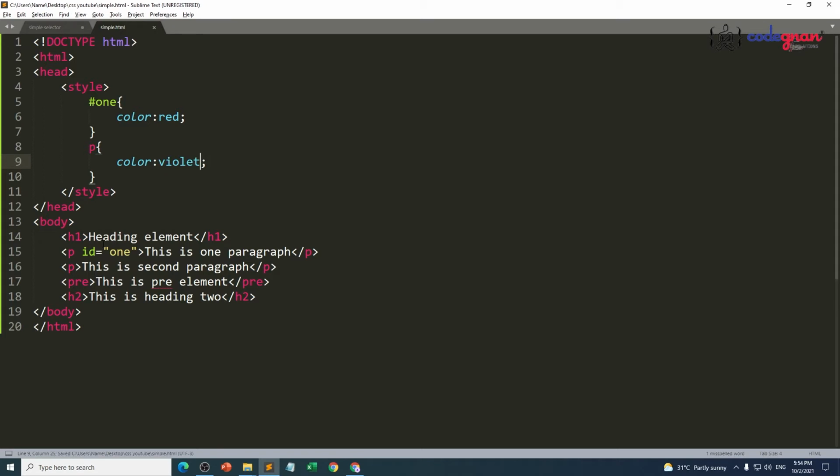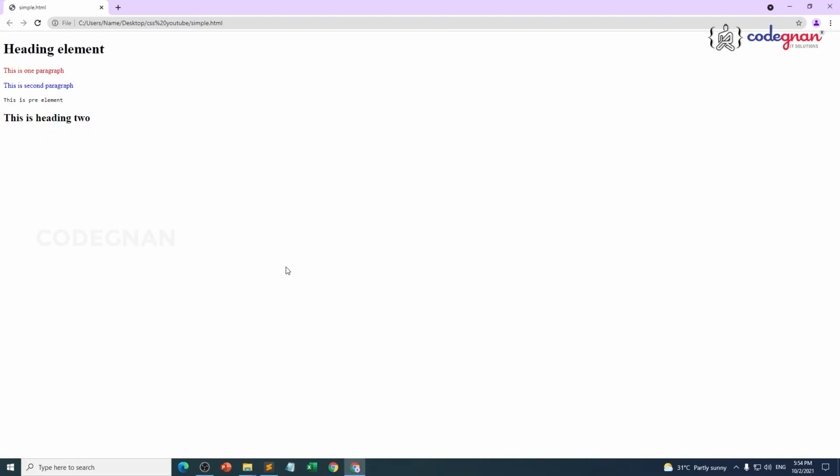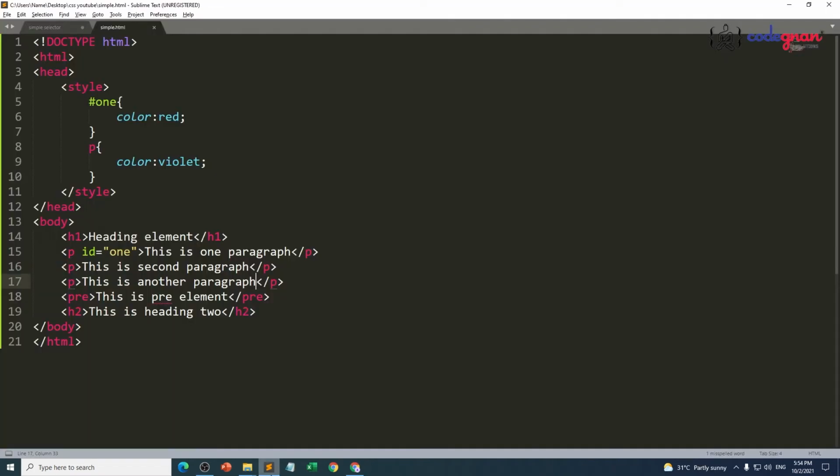I'm going to apply the color violet for the paragraph wherever I may use it in my entire page. Another paragraph is going to be there. If I execute this file, I'm going to see violet for each and every paragraph, but not for my first one.